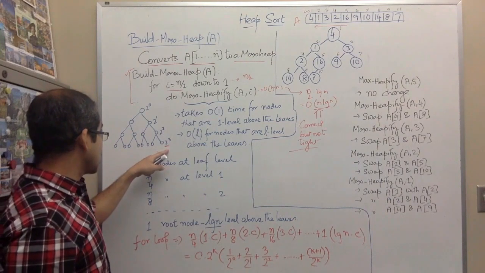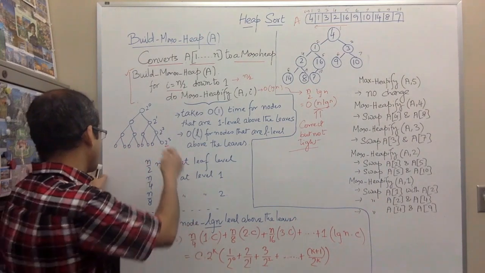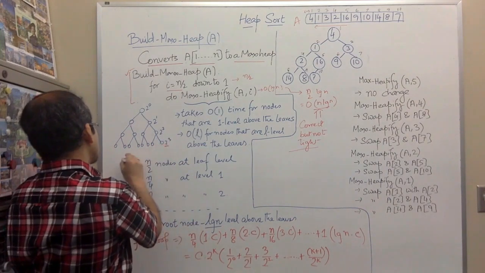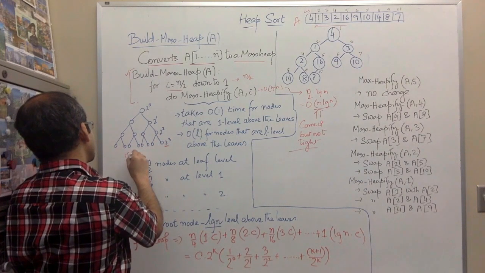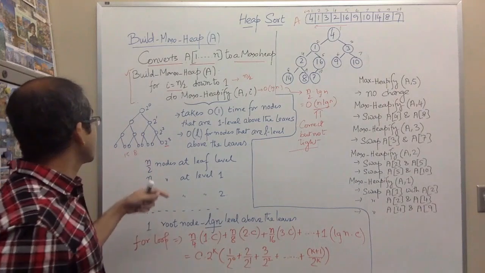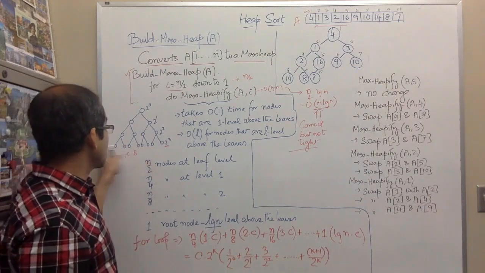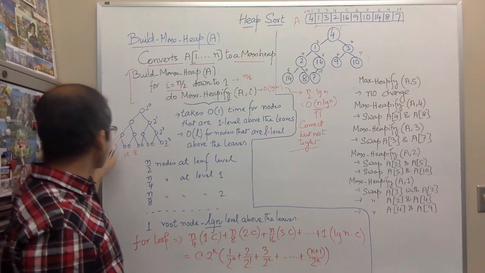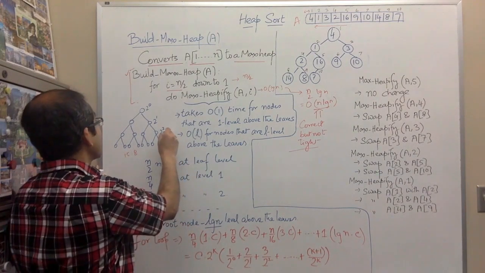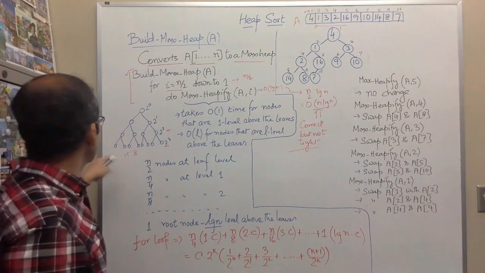So here, if there are 15 nodes in this tree, there are 8 leaf nodes. This is almost half of the nodes, n by 2 nodes at the leaf level. That's why we start from the upper level. For the upper level nodes, if we start from this level, you can see that the max heapification actually